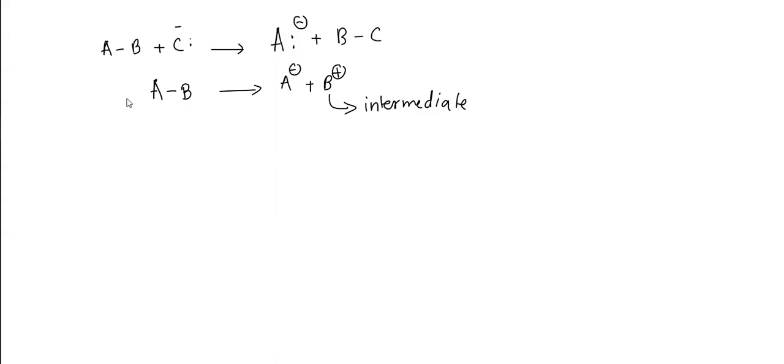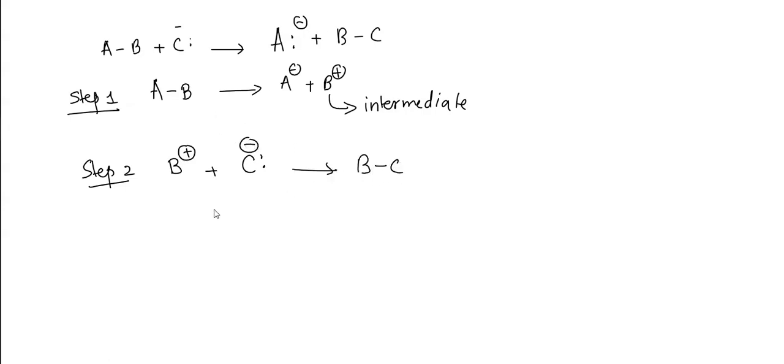Okay, so this is step 1, and then in the next step B plus, which was my intermediate that was formed, reacts with C minus to give BC. So in the first step you have an intermediate formed, and then the intermediate immediately reacts with the reactant C in order to give the product BC. So if we have to draw the energy diagram of this two-step mechanism, then in step 1, the energy diagram,